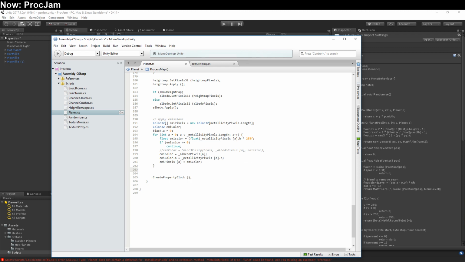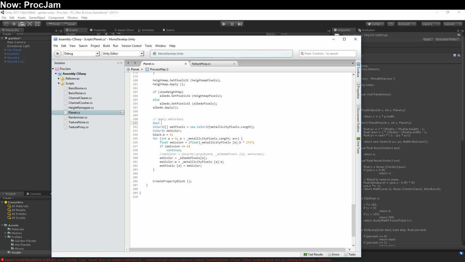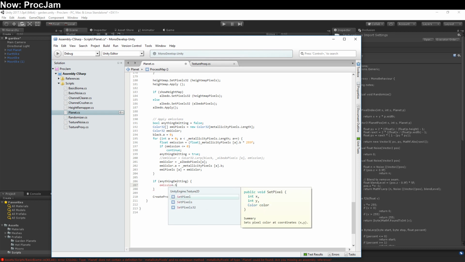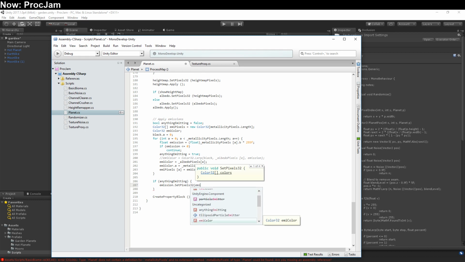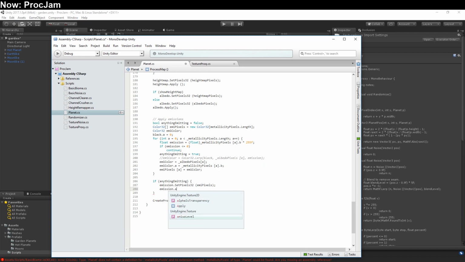And at the end, we'll say that we are going to put that into a new texture. However, we only want to do that if we have any sort of pixel that has any emission. Bool anything emitting equals false. And then down here, we'll go ahead and say anything emitting equals true. And then down here, we'll say if anything emitting, then what we're going to want to do is actually set up this whole situation. So we'll just do emission dot set pixel 32 ME pixels, and then we'll do emission dot apply,